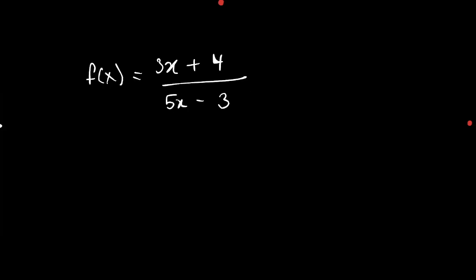Right, so if we're looking at a function like this, we can see again the plus 4, the minus 3 is not as relevant. We just look at the largest x terms. So that's 3x and 5x. We can see that those are both linear, or they both have x to the same power, both are x to the first. So that means that this is that second case where the numerator and denominator are growing at the same rate. Again, I know that 3x is different than 5x, but we're talking about on the scale of,